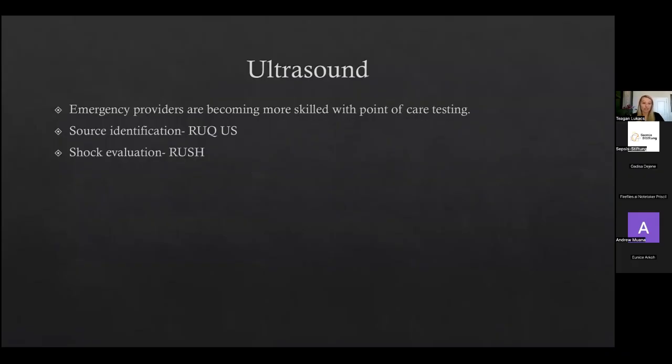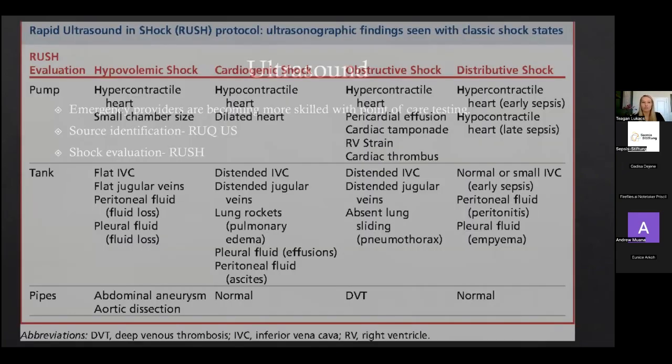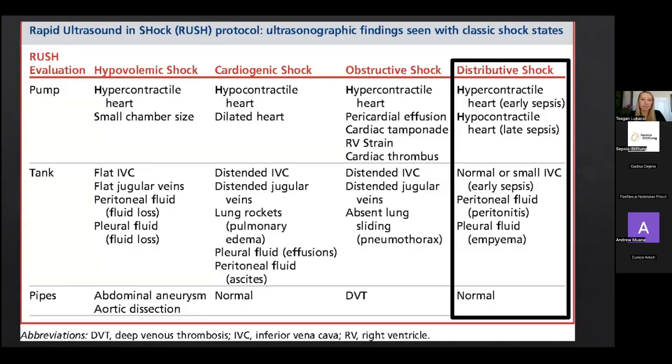So it can be used for source identification, for example, a right upper quadrant ultrasound to look for biliary disease or cholecystitis. But it can also be used in your patients who are hypotensive with the RUSH exam. For anyone who's not familiar with the RUSH exam, you're basically looking for undifferentiated shock. In our case here with sepsis, we assume that it's a distributive shock. So often you might not see much with the pump, the heart. Sometimes it's hypercontractile, sometimes it's hypocontractile, but it also may depend on the state or the